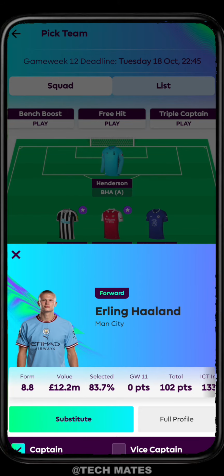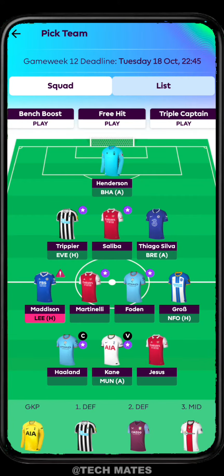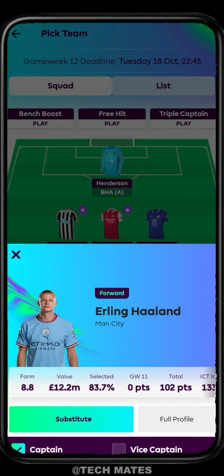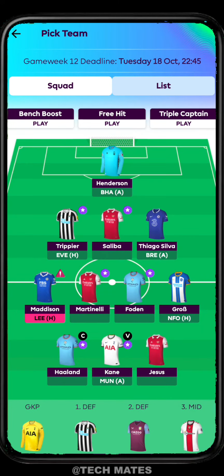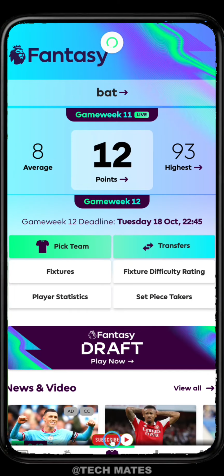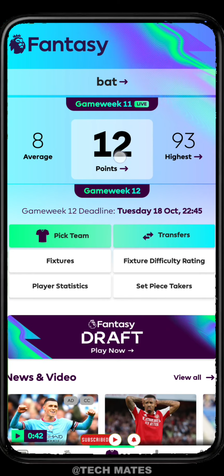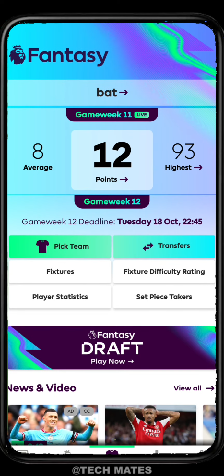If you keep them as your captain, then the points will be doubled if they receive a good amount of points. For example, if my captain Haaland has received 10 points, the captain will be doubled and he will receive 20 points. So at the end of the game week, you'll receive certain points. Right here, the points are written,